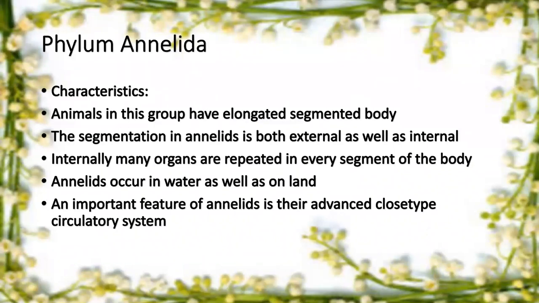फाइलम एनेलिडा की कैरेक्टरिस्टिक्स क्या हैं? कि animals in this group have elongated and segmented body. इनकी सिलेंड्रिकल बॉडी नहीं होती, गोल बॉडी नहीं होती, लंबी फैली हुई बॉडी होती है। इलोंगेटेड, थोड़ी थोड़ी सी सिलेंड्रिकल, लेकिन एग्जैक्ट सिलेंड्रिकल बॉडी नहीं होती। और उनमें सेगमेंट्स होते हैं, पीसेस होते हैं। These segments in annelids are both external as well as internal. इसका क्या मतलब है? ये सेगमेंटेशन जो आपको बाहर से नजर आ रही है, ये पूरी इनसाइड भी होती है।